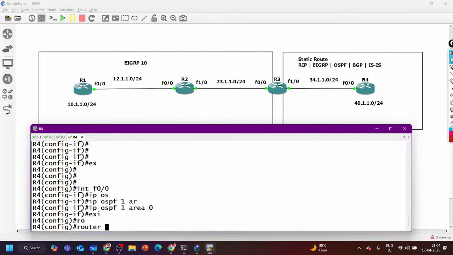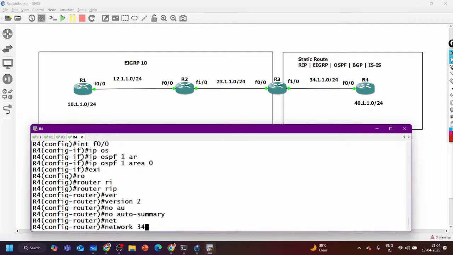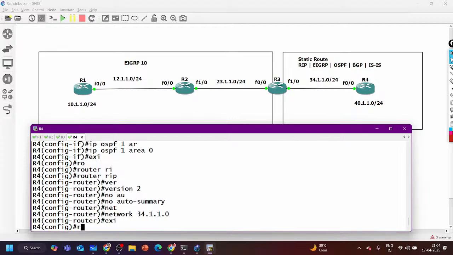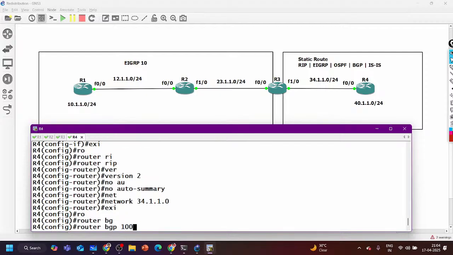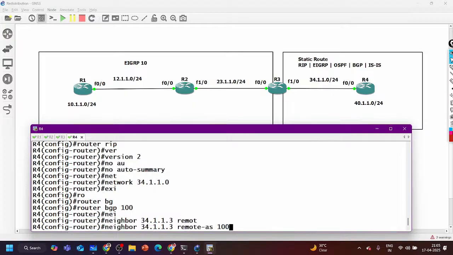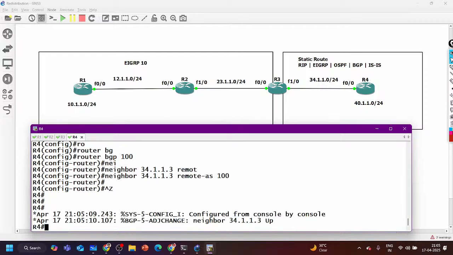Then router RIP version 2, no auto summary and network 34.1.1.0. Now RIP should also exchange the database here. And then finally router BGP AS number 100 and neighbor 34.1.1.3 and remote AS of this neighbor is 100. Right? So I am expecting BGP neighborship now.